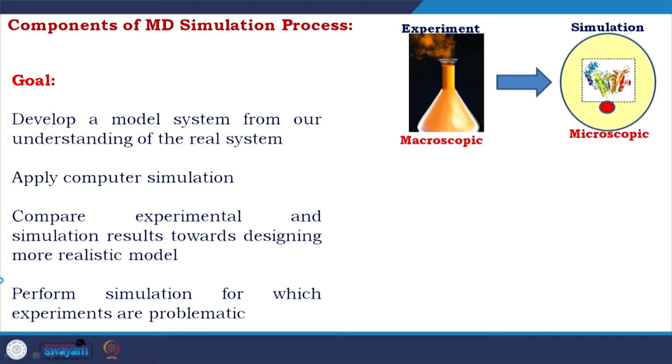I had explained what I mean by problematic. In real life, performing the experiment will take time, money, manpower, and risk, a lot of things. But if you have a good, realistic model system,